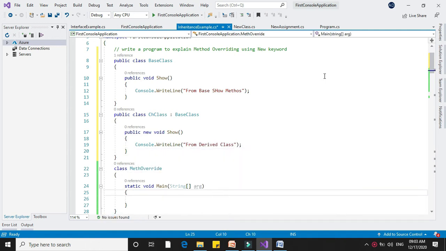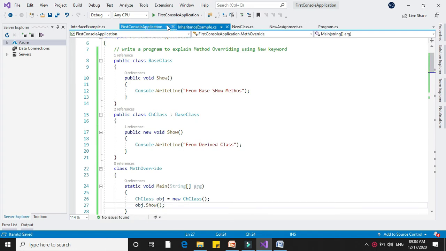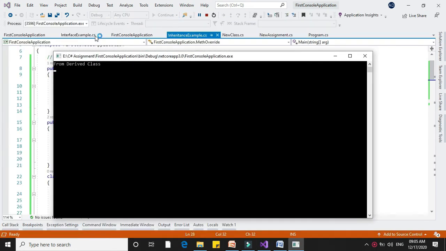And in the main method I will create the object of child class and I will call the method. And if I run, you will get the output from derived class.